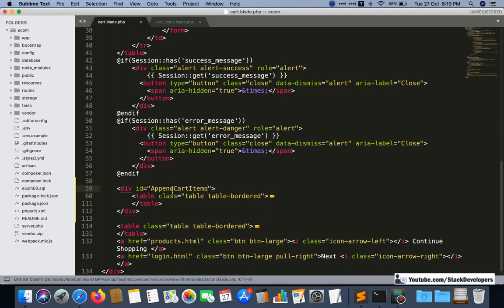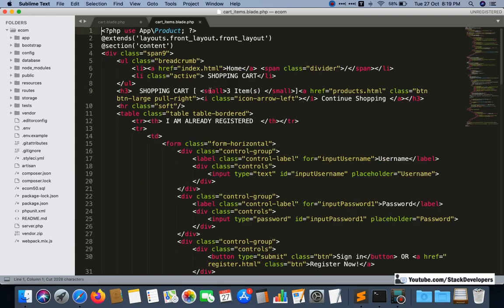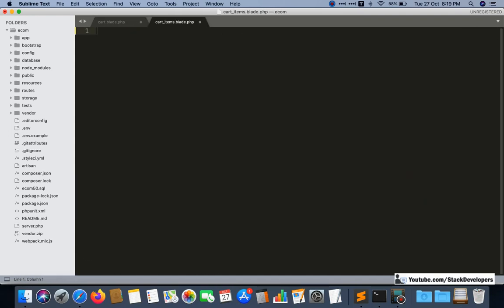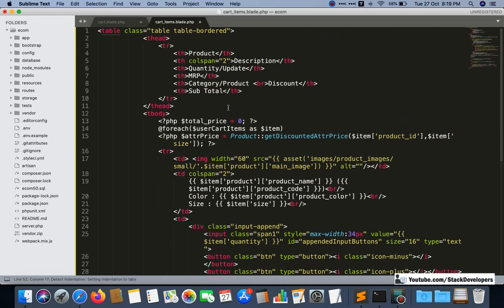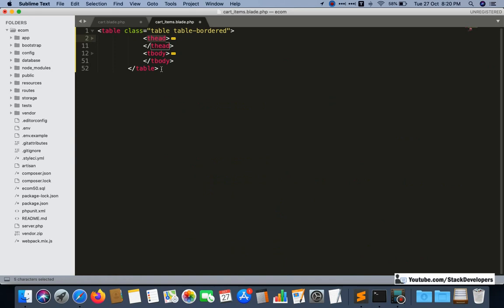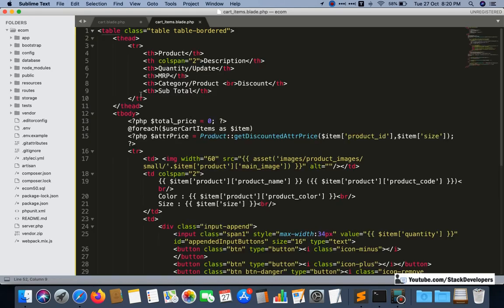So I will give a similar ID, append-cart-items, and this part I am cutting from here and moving to the other file. I will delete everything and paste it here, this foreach loop. I'm going to format it like this. So now we have moved the foreach loop inside another page.